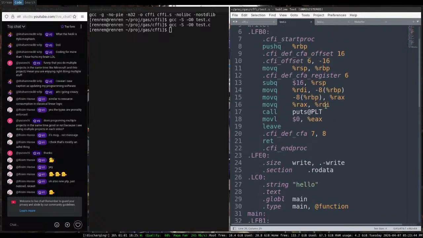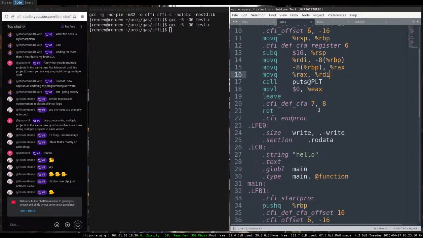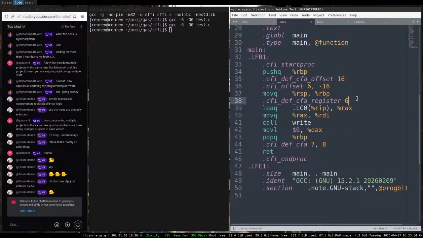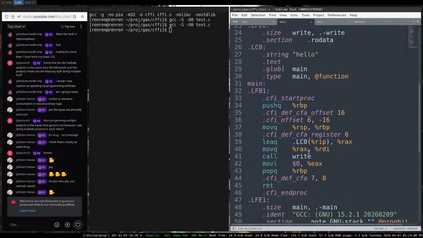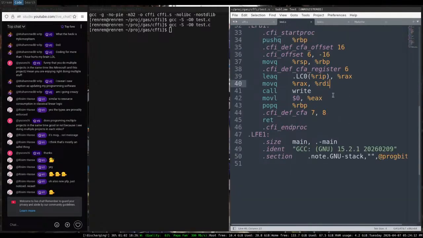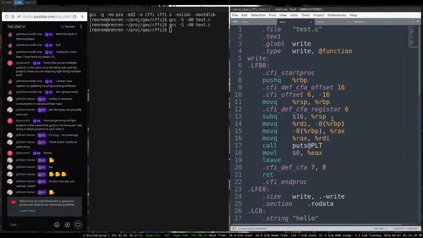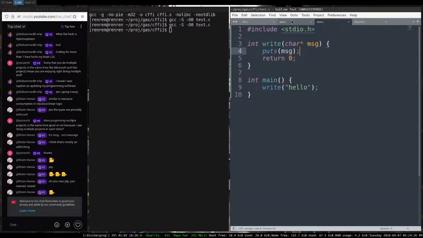RDI. Then in here, I don't see them touching, oh, there's the RDI. Wait, no. What? So this is when, okay. This, just hold on a second. RDI is holding nothing as of right now. So you're telling me it used registers? Wait, what? RAX. Okay, so we put the string into RAX, and then we move RAX to RDI for some reason, and then we call write. Then in here, we allocate for the message variable. We put